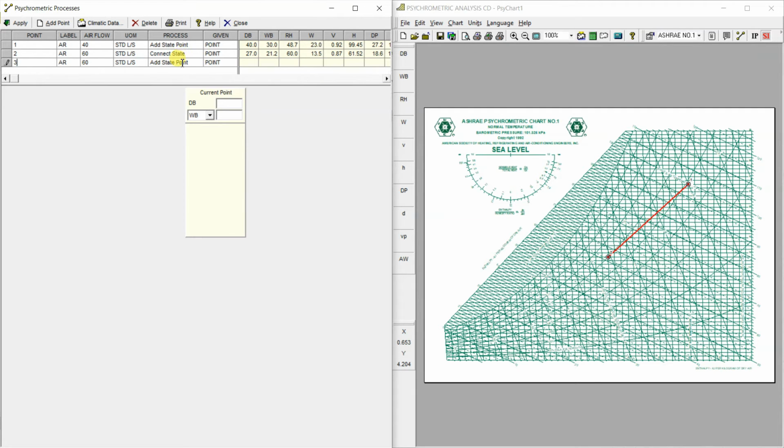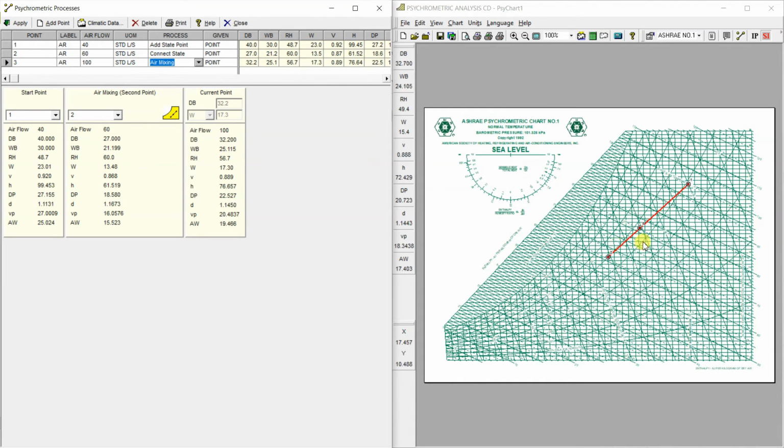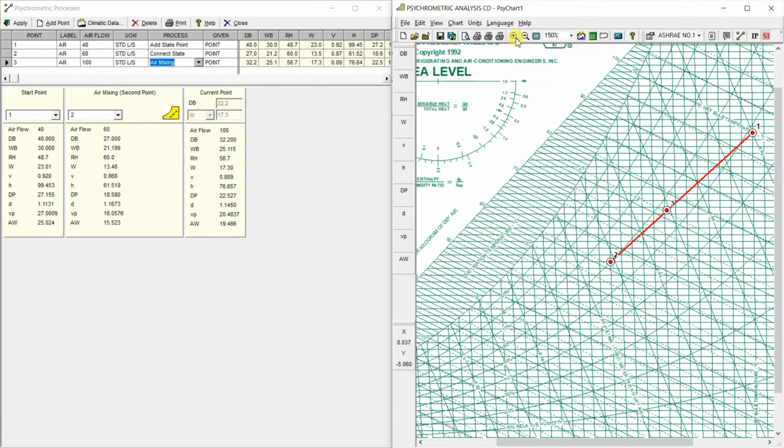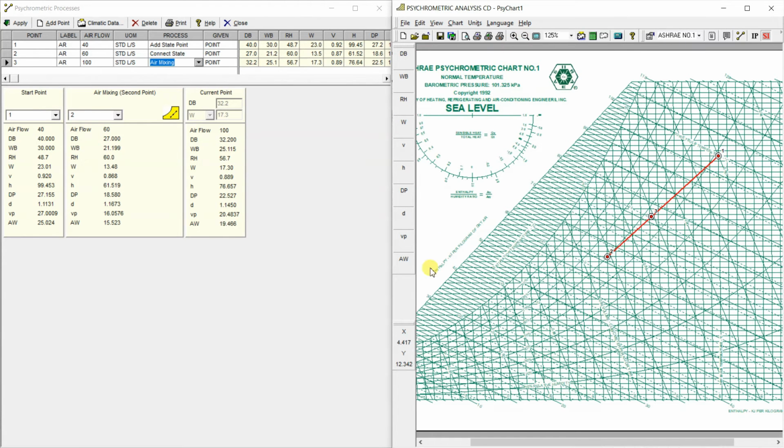Okay, we have to go to the process. Here we have to select air mixing. Mixing start point is point number 1 and second point is point number 2. Okay, already we have given here percentage 40% and 60%. So here you can see point 3 is at 100%. Okay, click apply. You will get point number 3 on psychrometric chart. So here you can see we have point 1, point 2 and point 3. Once this is completed, next step